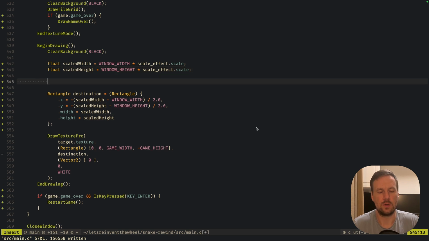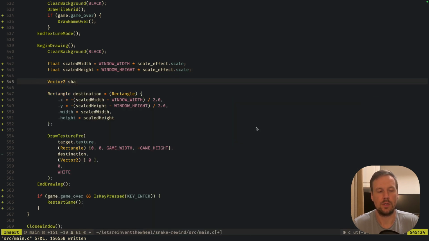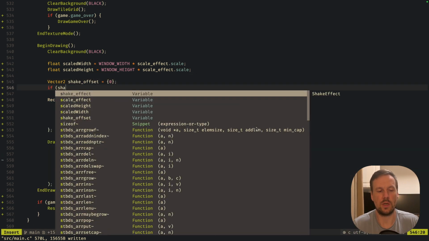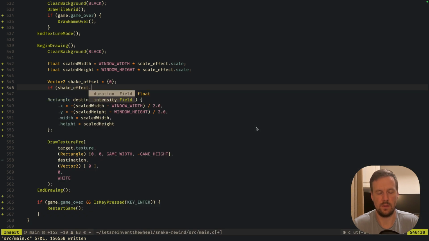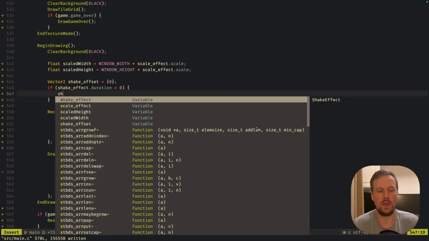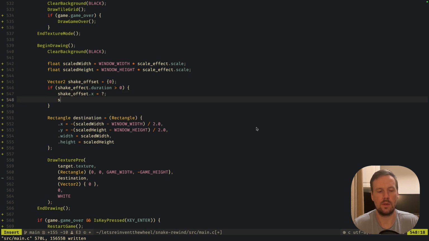So we need to have some sort of shake offset, which is by default 0, and then we can check that if ShakeEffect duration is greater than 0, which means that the ShakeEffect is active, we can then change the X to something